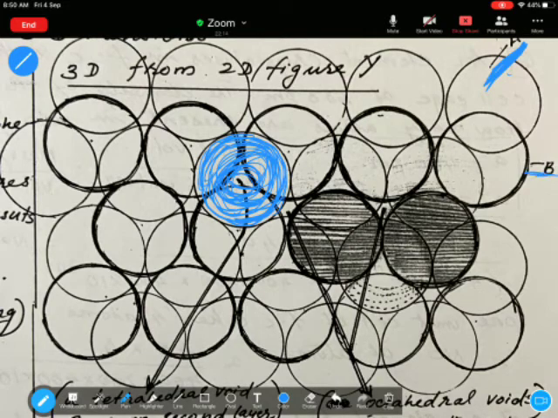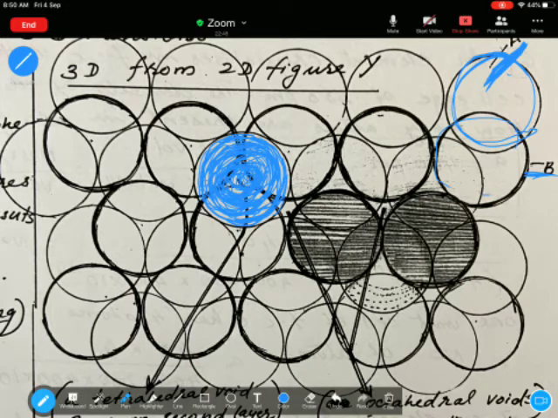Second layer, B layer balls are not in alignment with that first layer A ball. Now the third layer, this blue, is in alignment, in the same direction, in the same place, just above that first layer A balls. So I will be calling this third layer again A layer only, because it is in the same alignment with A layer balls.